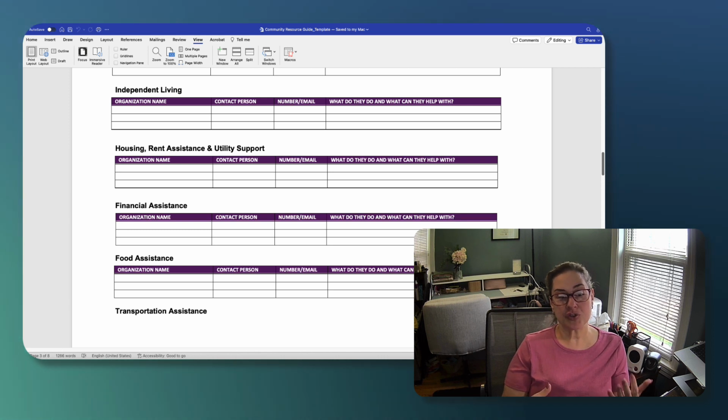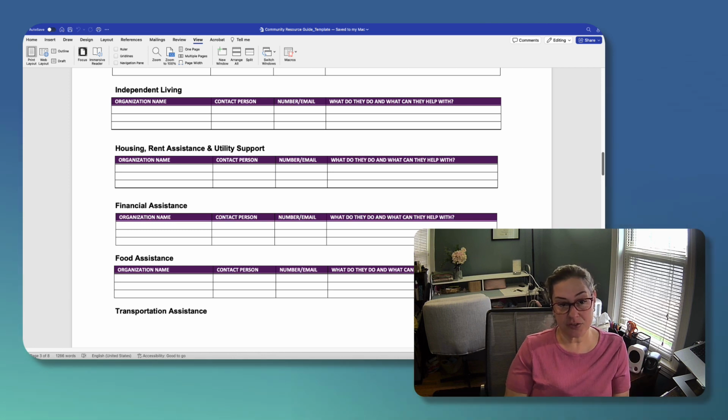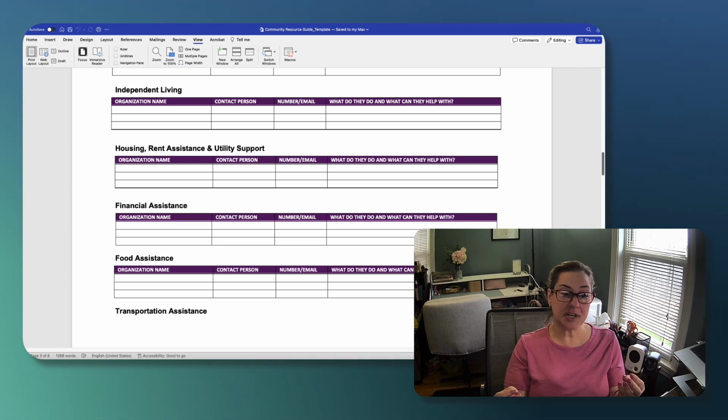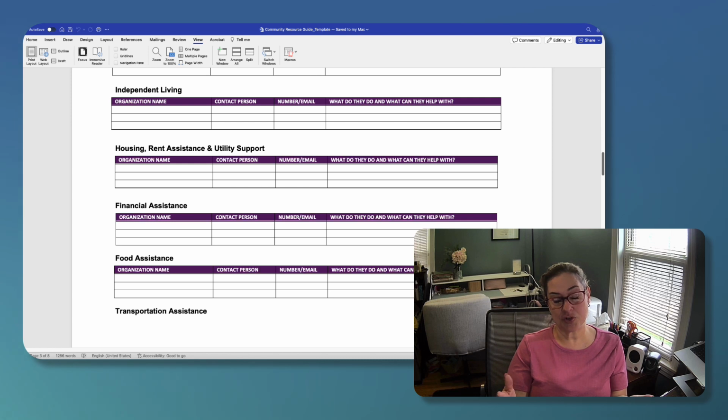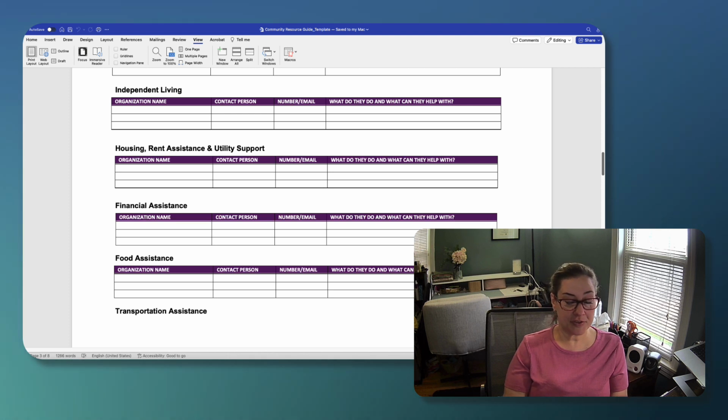However, the sooner they do it, the better, and it's good that they know that it exists if they need it. So as well as any other local places you want to include, just anyone that they can reach out to for support and help if this is an area where they really need assistance.